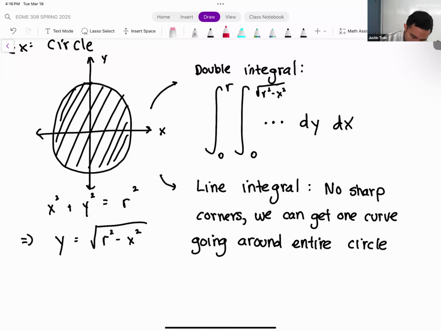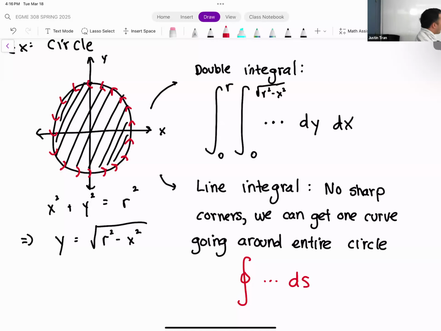Okay. And so we can have one smooth curve here. So we follow the red arrows here, right? We can have one smooth curve that goes around that entire exterior. So in this case, our line integral will just be around that circle